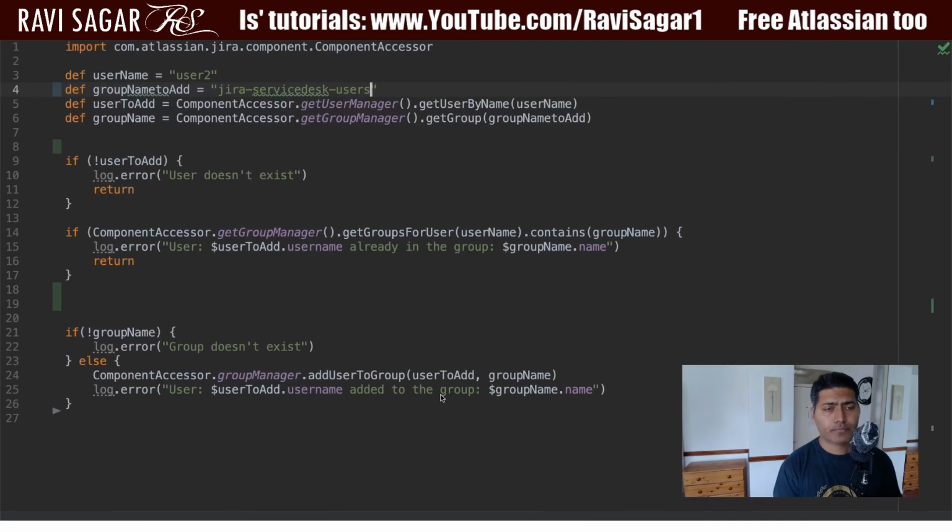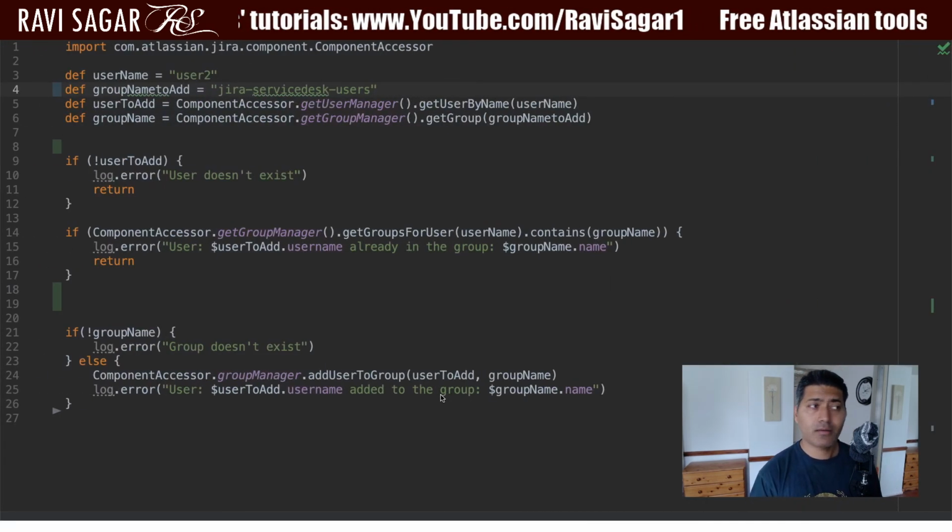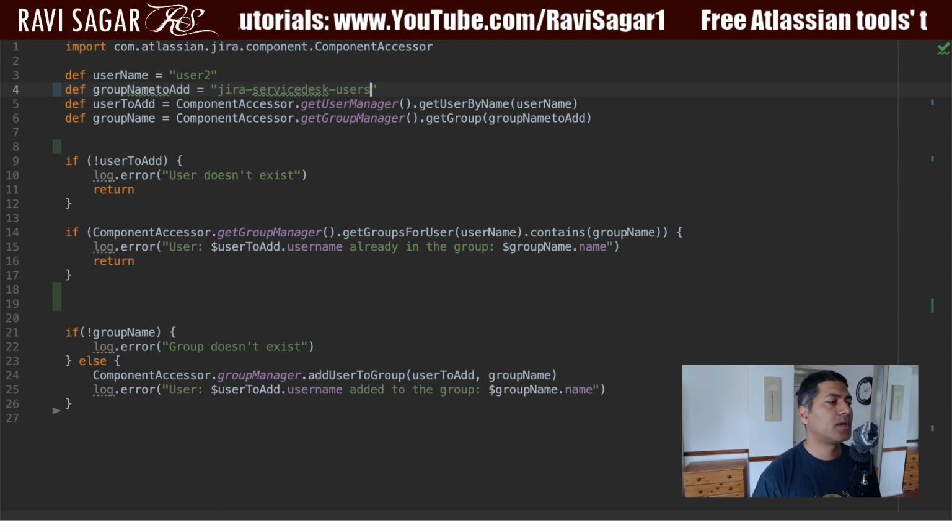And this is it. I think this is a quite simple and useful script, because using this script you can manage the addition of a user to a group. In the next video, we'll also take a look at how to remove a user from the group. The script will be quite similar, but of course slightly different, because we will be using a different method. When you're removing someone from a group, you have to use a slightly different way, a different